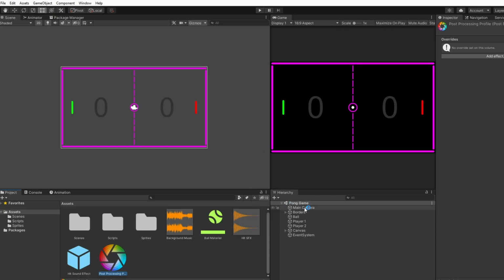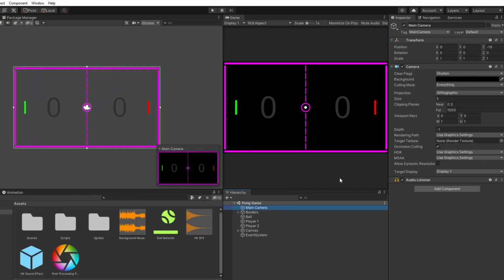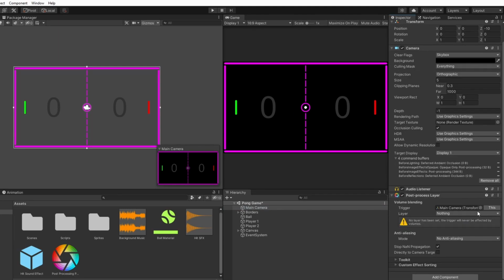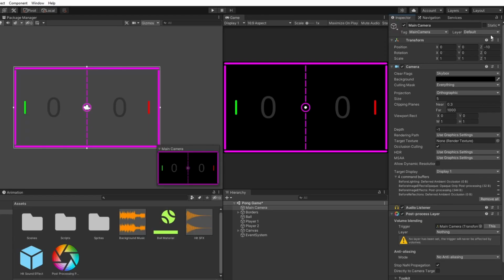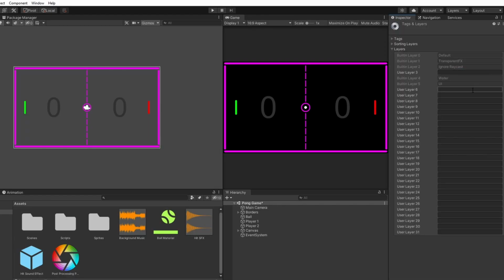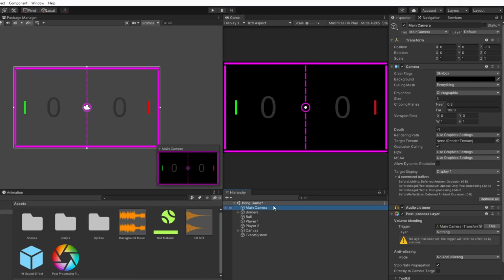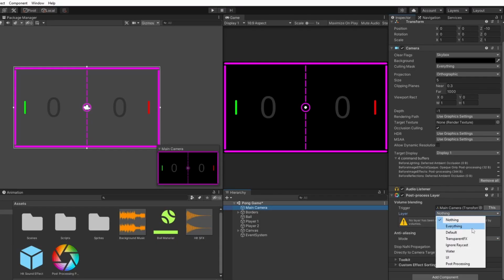Next, let's select our main camera object and we want to add the post-process layer component. Now let's head up to the top of the inspector tab and you can see a layer option. Click on it and we want to add a new layer. We will name our new layer post-processing. Let's select our main camera object again and under the post-process layer component, we want to change the layer field to post-processing.